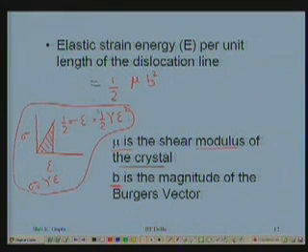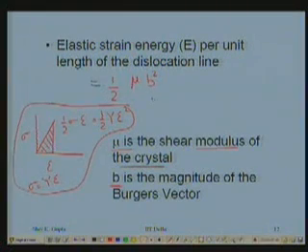So that's the elastic strain energy stored in a dislocation line. We will take this model irrespective of whether it is an edge dislocation, screw dislocation or mixed dislocation. There is a small difference between the energies for edge and screw, but we shall keep using this formula. In this course we shall use only this one.